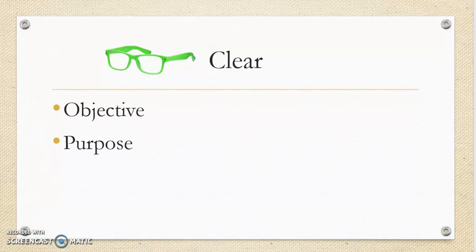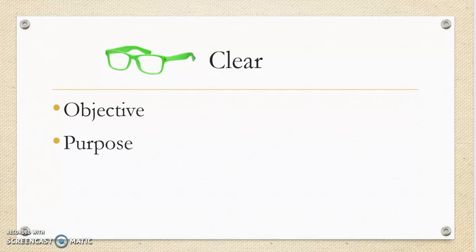And also, it can help you remain accountable. If there's a clear objective for me as a teacher, I know if my mini lesson is maybe veering too far off, and I might need to pull myself back to what that objective was. Whereas if I didn't have a clear objective, it may be easy for my mini lesson to just unfold into something that I didn't want it to be.